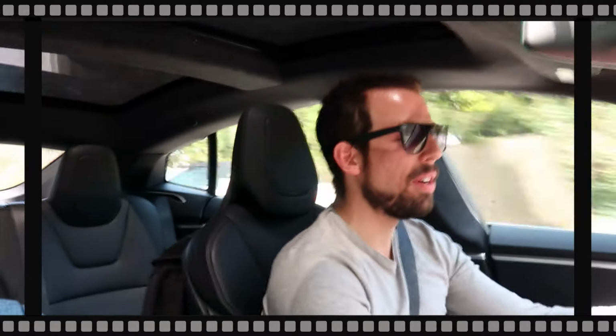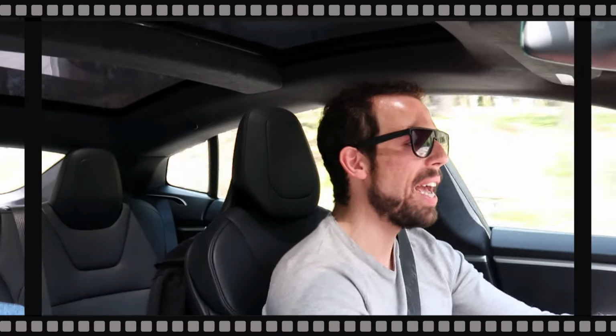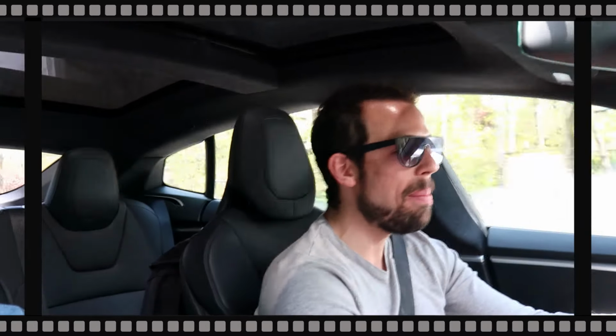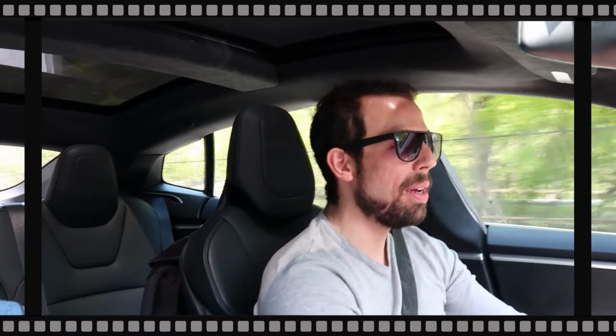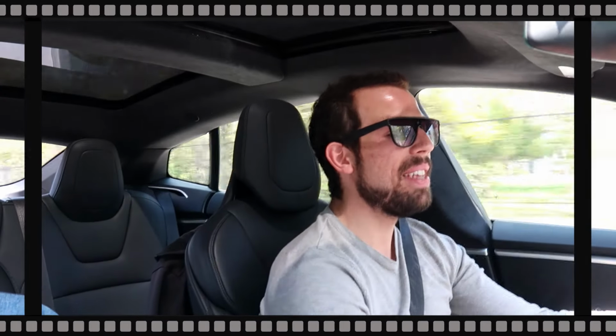Cool, really nice vehicle. This is my first Tesla experience, and before this, I wasn't sold. I was never a Tesla guy. I was always big on V8 power and PDK Porsche manual gearbox. But after driving this, I'm a believer. I believe in electric vehicles. I see the light. I see what there is to really like about